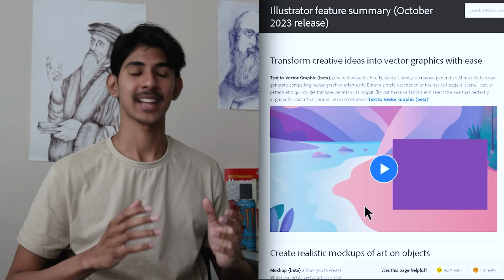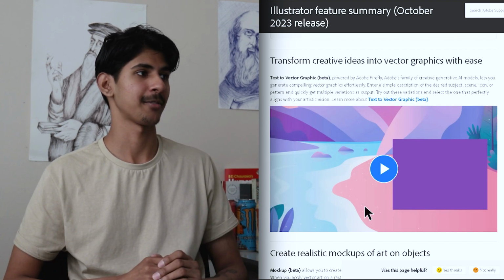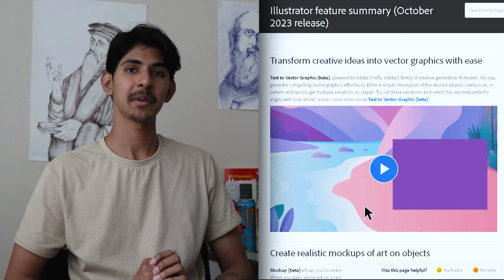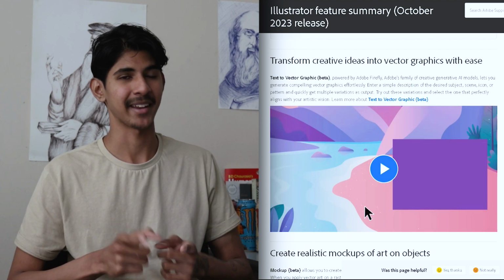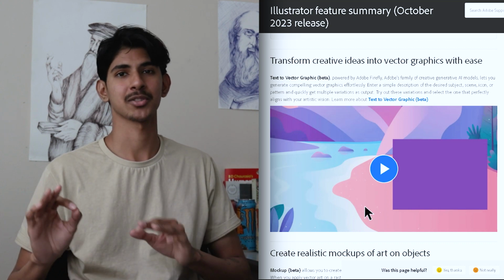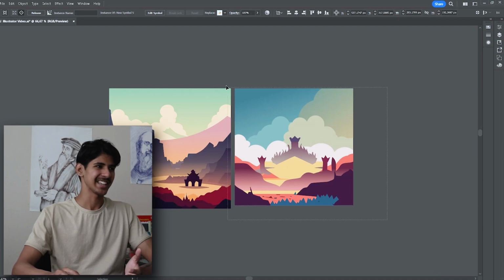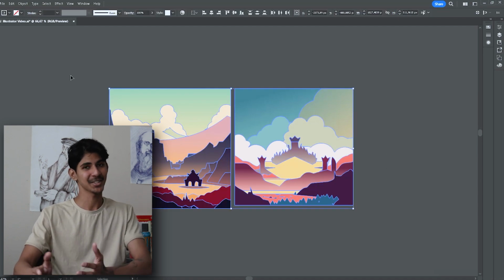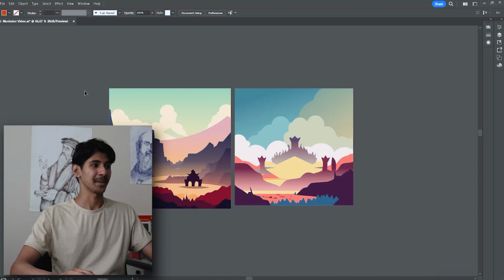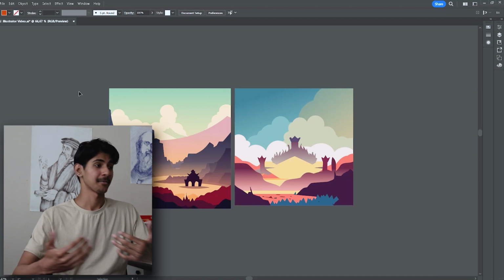So the next and final tool on our list is the text to vector graphic feature. Keep in mind, this one is also in its beta, but in my opinion, by far the most complete and polished tool in our list. So jumping back into Illustrator, you can already see that I've messed around with this tool a lot. It is quite fun, and it does a pretty good job in automatically generating images from the text that you